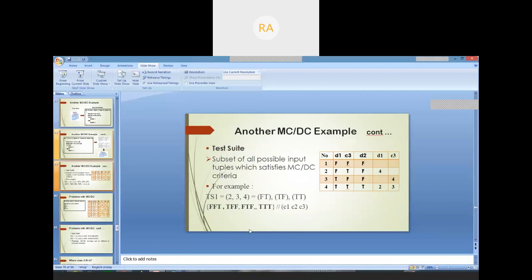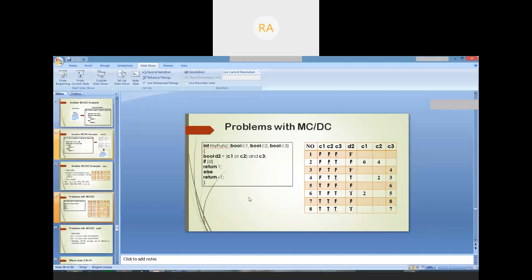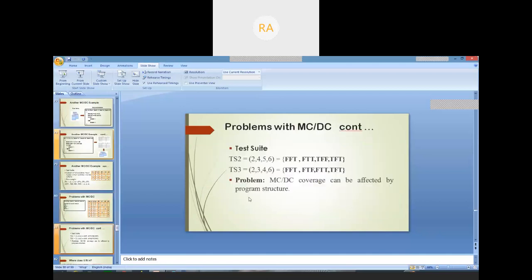Okay, and they have framed the truth table, and accordingly they have arrived at the test cases or the possible combinations of the inputs that are going to impact the final decision of a test condition which is under study. Okay, this is how I can carry out MCDC coverage.